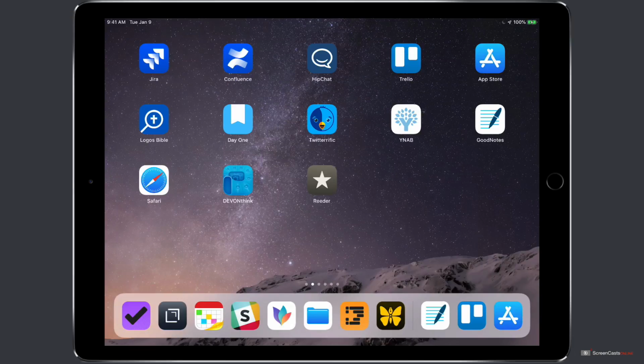To get started with Shortcuts, you first need to install the app from the iOS App Store. Shortcuts is only available for iOS 12. So if you have iOS 11 or earlier, you're going to need to upgrade to iOS 12 before you can download it. Shortcuts replaces the Workflow app that existed previously. So if you have Workflow installed on your iOS device and you upgrade to iOS 12, the Workflow app will become the Shortcuts app. Assuming you don't have it installed yet, you'll need to download it from the iOS App